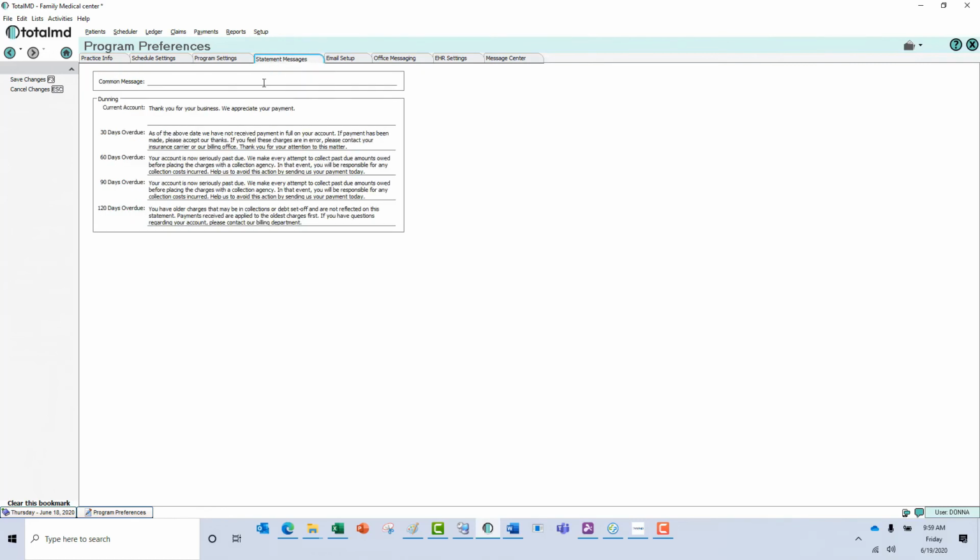These statement messages appear on the statements when you print them. So you might want to come back and edit these later after you get a chance to look at statements and see what they look like. The custom message will show up on the bottom of every statement. The current 30 days, 60 days, 90 days, 120 days will show up as appropriate on the statements when they're